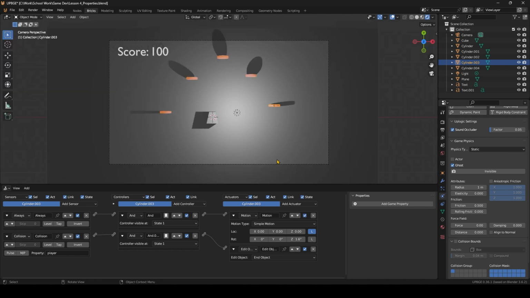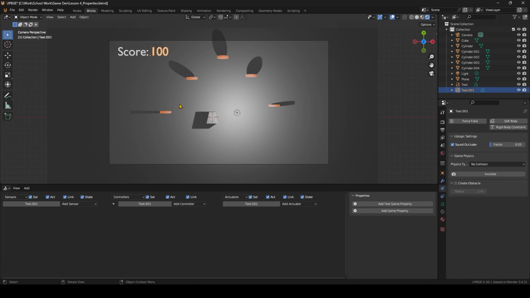So after you get that set up, the thing that you're going to be worrying about is this score. How do I change the score? Let's first start off by giving the score a game property. By adding that, it gives us this, and the default is set to string. And string is just text. We don't want that. We want a number. We want to be able to add to it. So we're going to choose integer because integers are whole numbers. So we want it to be like 1, 2, 3, 4, 5. That's an integer. So I've got an integer now,